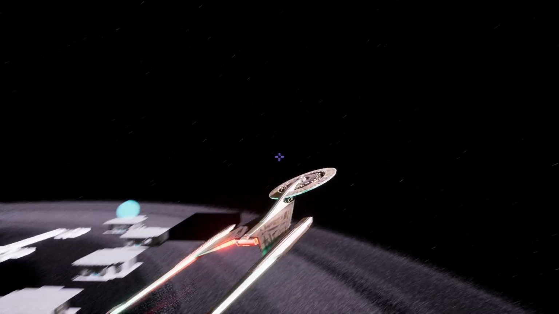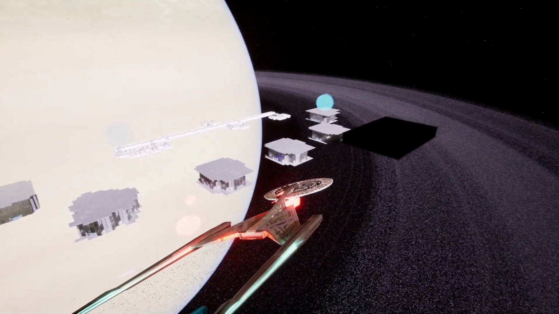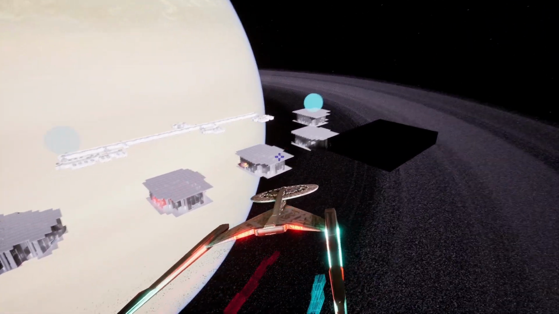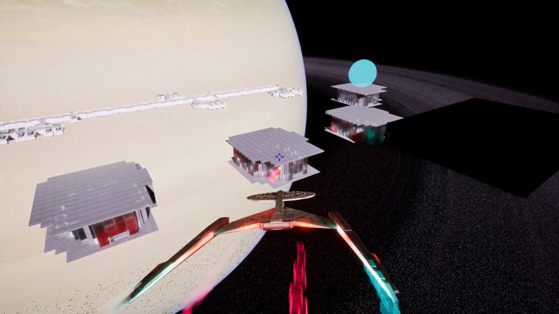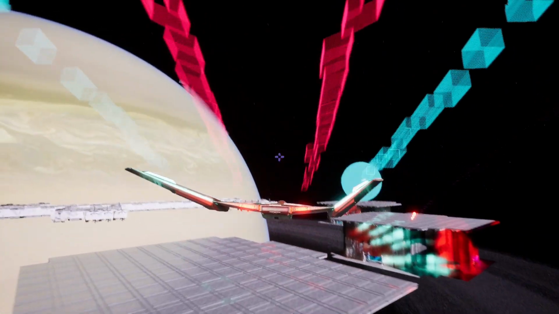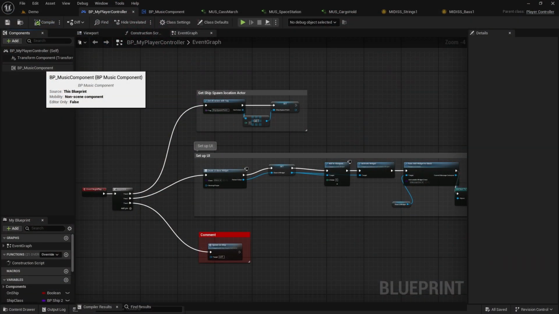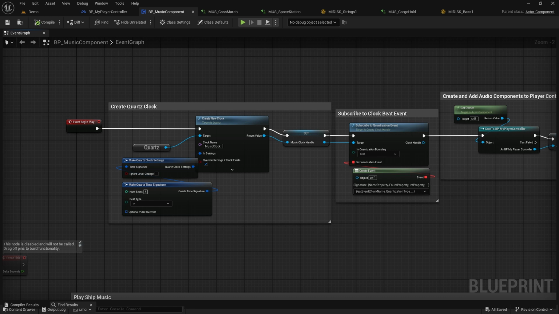The music system for this project plays a different piece of music for each of the areas in a level. This level contains 3 different areas. Here, out in space, on the space station, and then in the cargo hold area, off in the distance. The switching between music is handled by a music component that's attached to the player controller. The music component creates a quartz clock and subscribes to the beat quantization event, which will help with stopping and